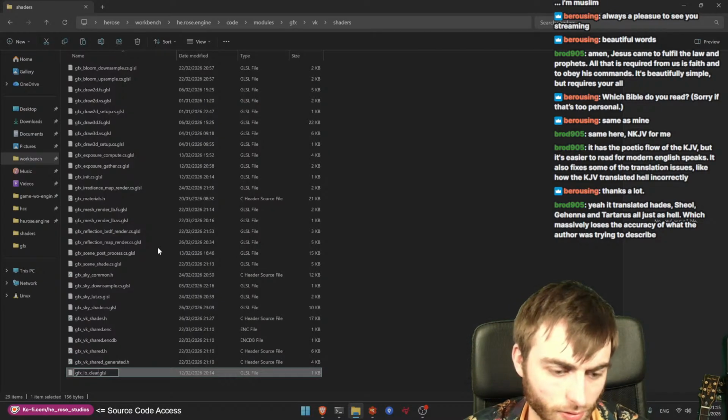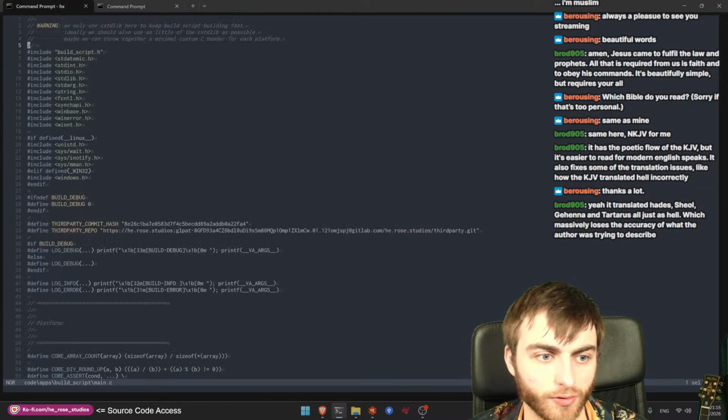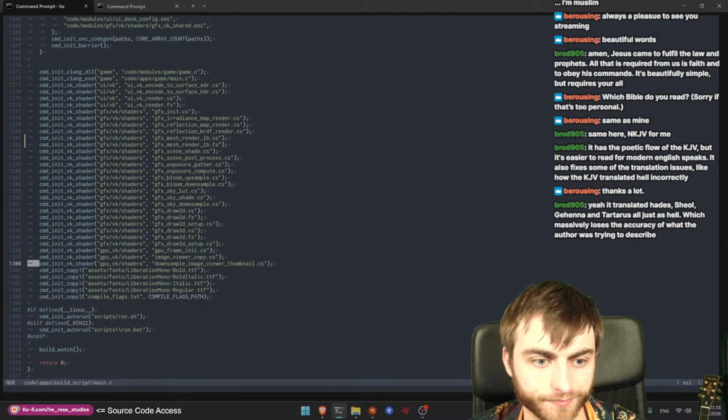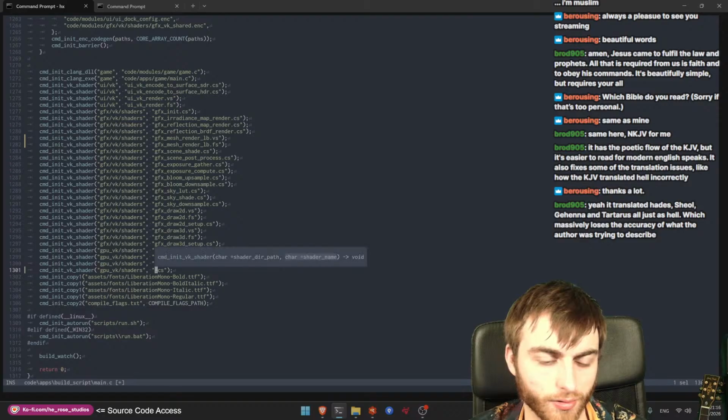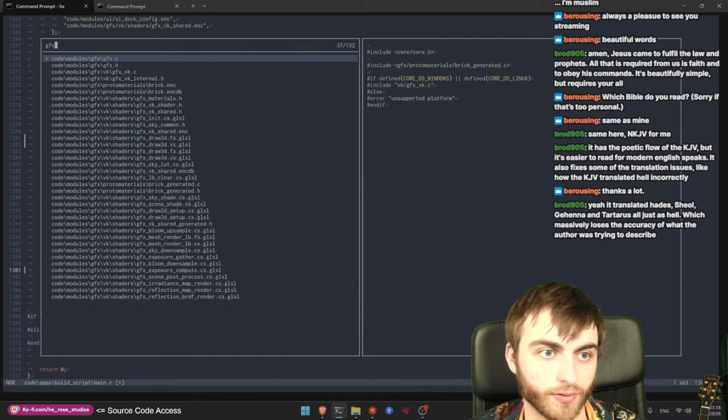Oh, we've got to do a .cs as well. So hop into the super hard-coded build system. So graphics layer buffer clear. Cool. So in graphics layer buffer clear,